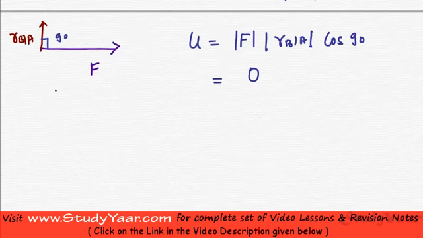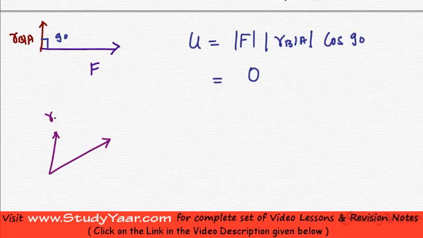Okay, let's apply this zero work done concept to a scenario where I have a force like this, and a relative displacement vector like this. Now I know this angle is, let's suppose, theta. So obviously I can have two components of this force, one along the direction of rb by a and the other perpendicular to rb by a. So my components would be like this. If this is my F,